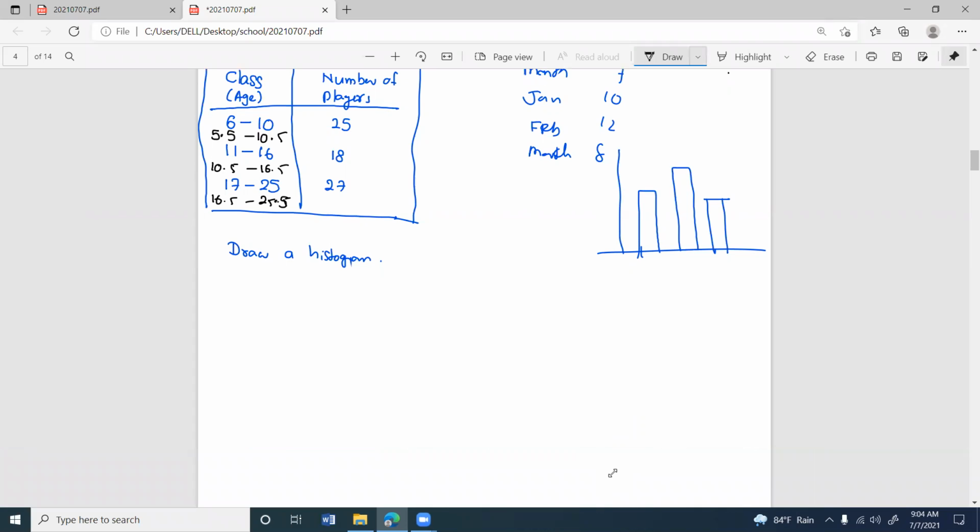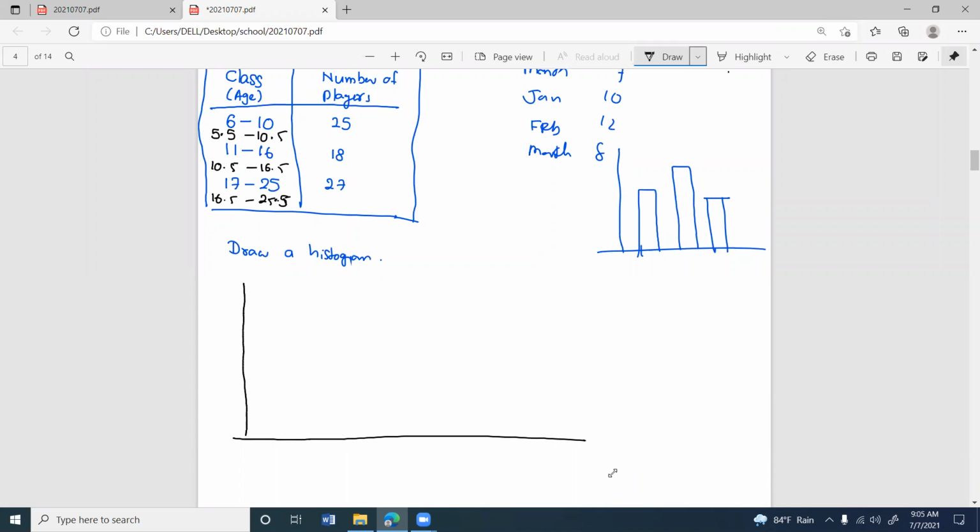Okay. Initially, I just mark these values like this. The highest frequency is 27, so the scale goes 2, 4, 6, 8, 10, 12, 14, 16, 18, 20, 22, 24, 26, 28 for the frequency. And the class widths we will get. So initially, I just mark it because it's starting from 5.5,